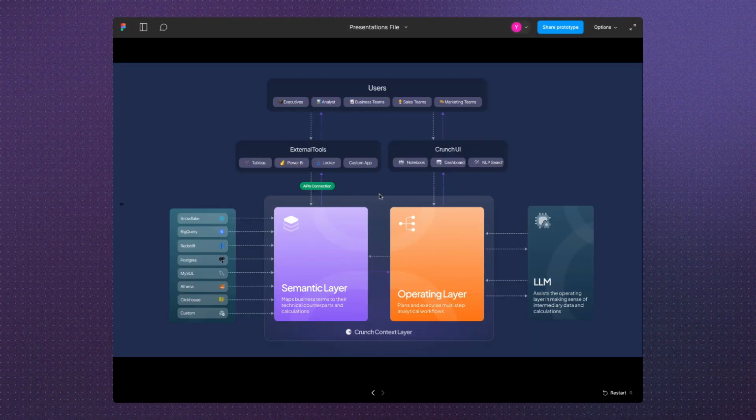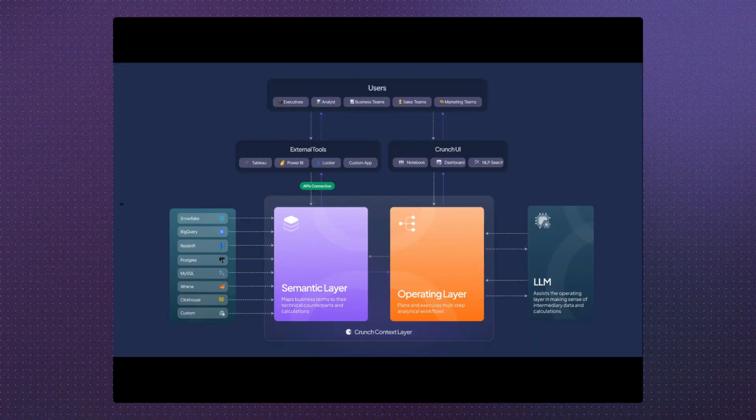Diving deeper into the operating layer, this is the part where you as a stakeholder can come and ask any question to Crunch. What Crunch essentially does is that it shares that particular query with the LLM, where it breaks down which relevant columns would be required for that query, based upon the semantic layer which you have created. It will write SQL code and send it to the operating layer to extract the information of those columns from the different warehouses. So the logic is defined here, and what is to be extracted is defined by the LLM